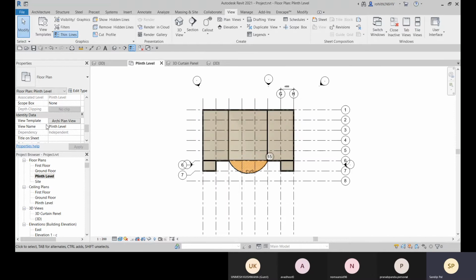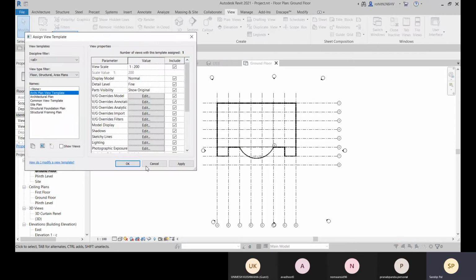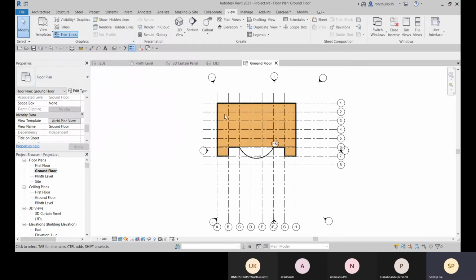So for the other view, like for this ground floor, I don't have to change all these settings. Once the view template is created, all the settings are preserved. Just choose that view template and you will get back all the properties. Okay, so I hope you understand this.